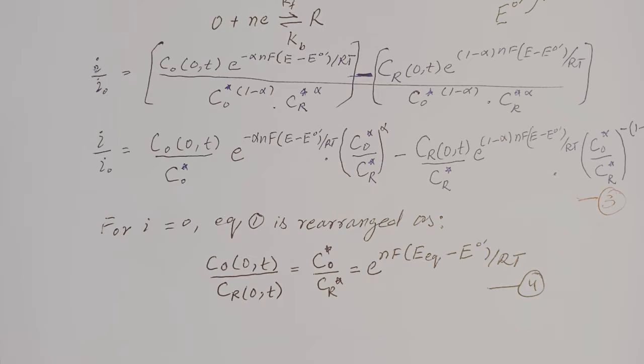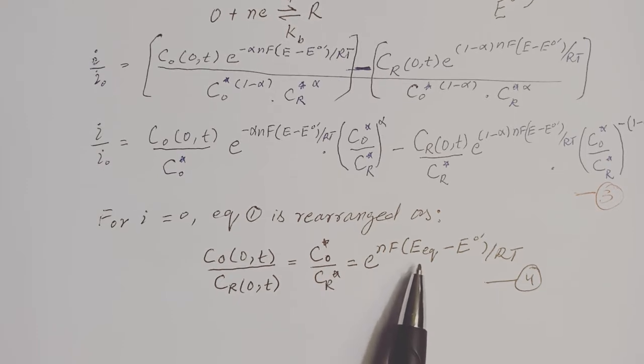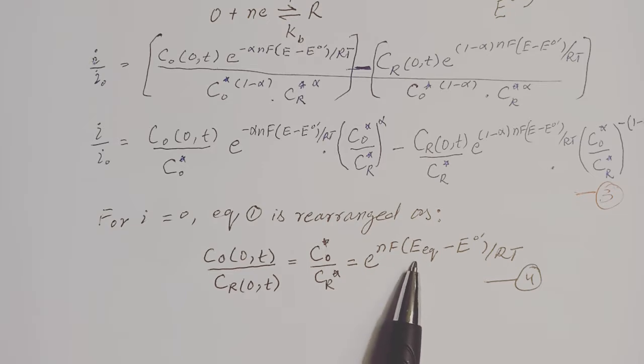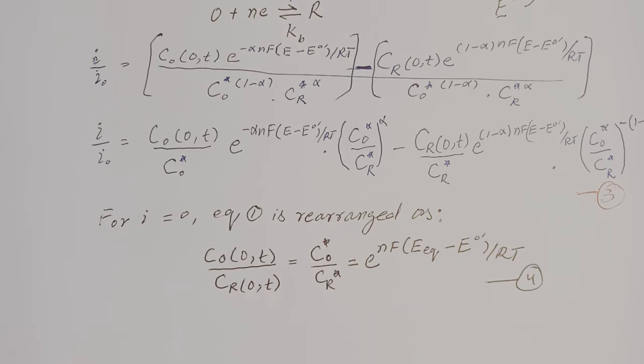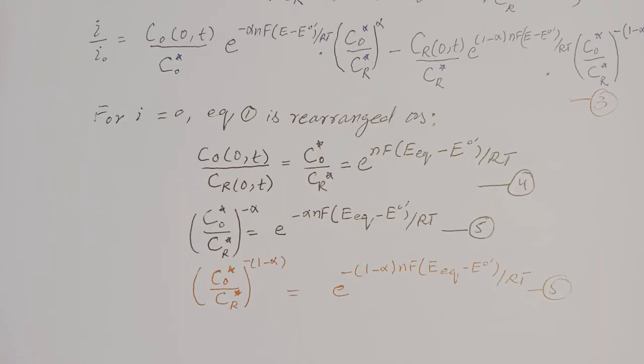is showing the ratio of the two components which are equal to the oxidized or reduced species bulk concentration, and the potential has been changed from E to E equilibrium. So now multiply the equation number 4 with minus alpha in the power terms, we get equation number 5, and also multiply the equation 4 with the minus of 1 minus alpha. So here we get the equation number 6 with the multiplication of this term in the power of equation number